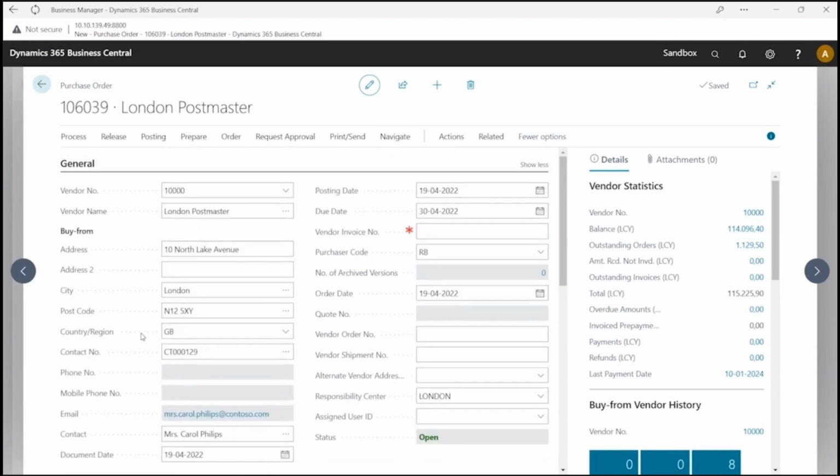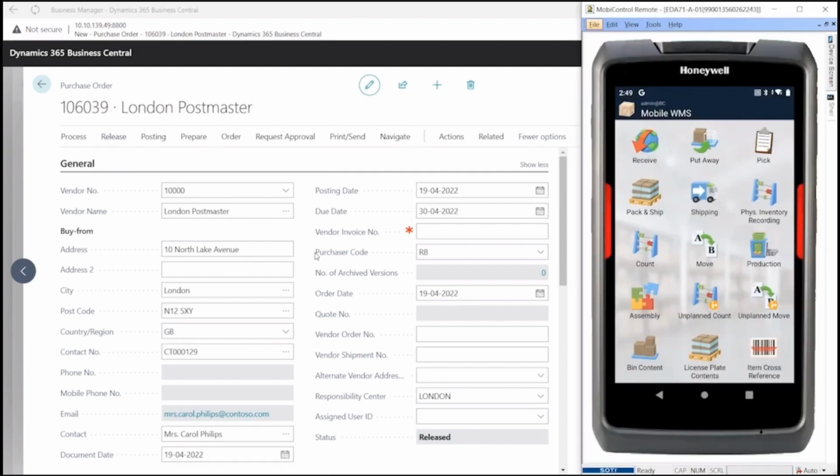Before we can work on the order on the mobile device, we will have to release the order. You can see the order is now open. If we release it, the status will change to released, like this. And then we can go to the mobile device. And if we select receive,